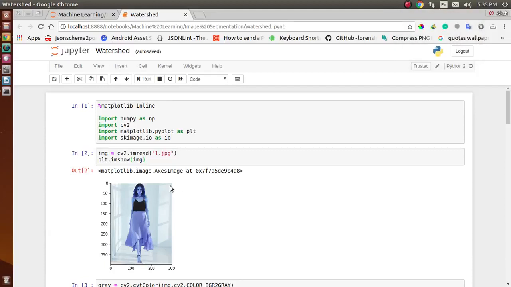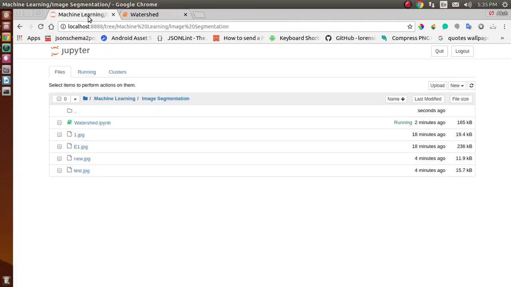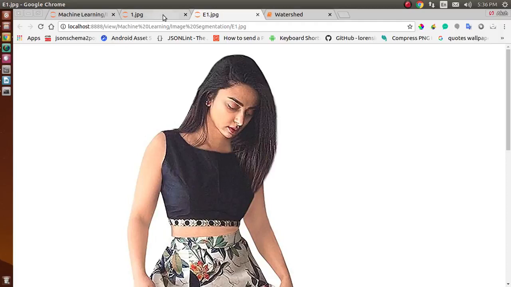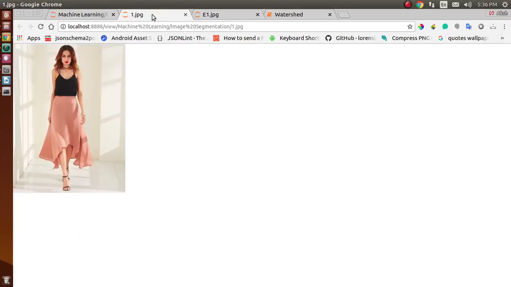Hello everyone. So in today's video, we are implementing the watershed algorithm to segment out an object from an image. I had previously downloaded some images for you guys. So here we have two images, and we will segment out the object from these images. As you can see, we have these two images with us, and we will segment this object here